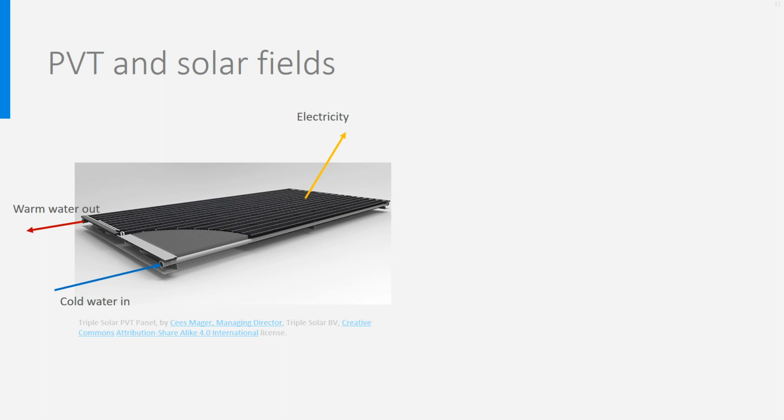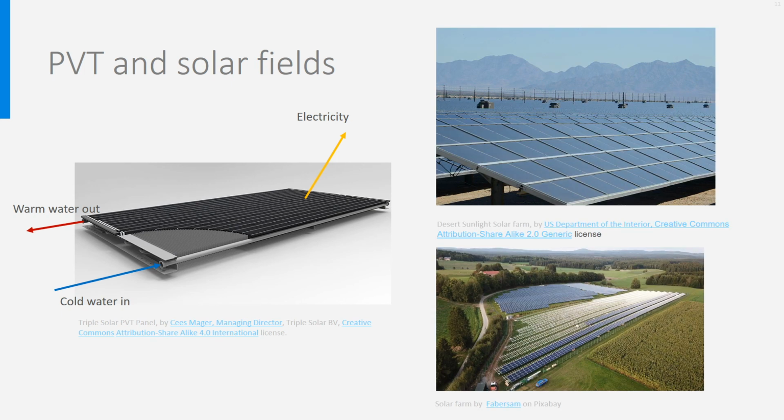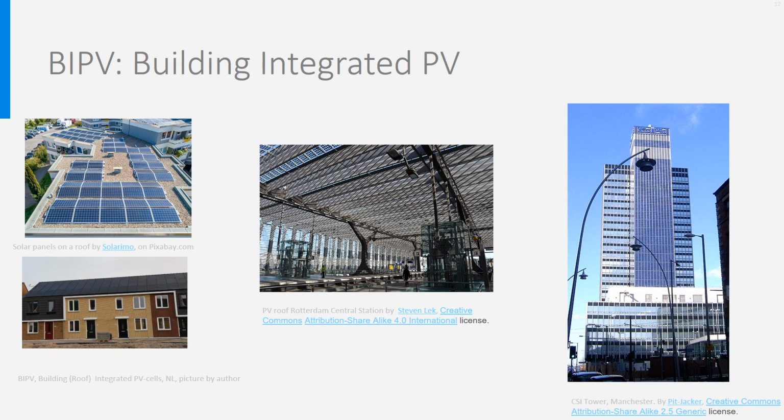You see on the right pictures of solar farms in which large fields of PV cells are used, PV, not PVT, for power generation. This is very promising, especially for locations with high irradiance, like in deserts, where huge power plants can be constructed this way. Such PV fields are also developed in less desertic areas. See picture below. The question here is how sustainable it is to use ground, and therefore to compete with food production and ecological wellness, to produce electricity. Better places could be found, like buildings and cities.